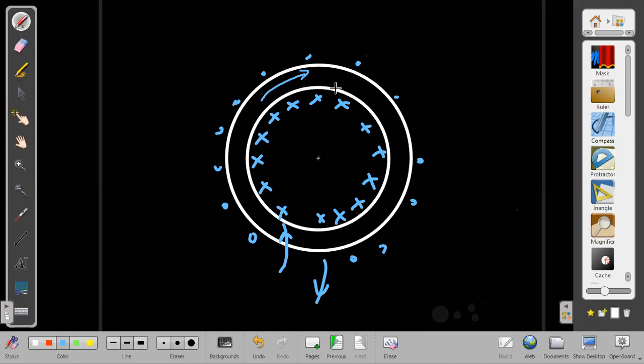Anti-clockwise direction. Is it the right direction? I think it is right only. Sir, clockwise. Clockwise only, I think so, right? Why are you saying anti-clockwise? Clockwise only. The field lines will be clockwise.